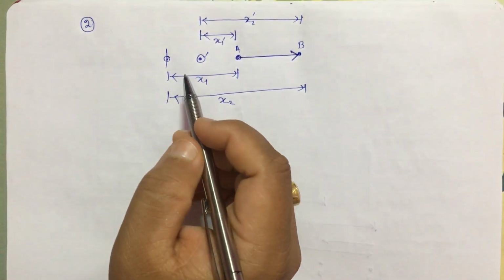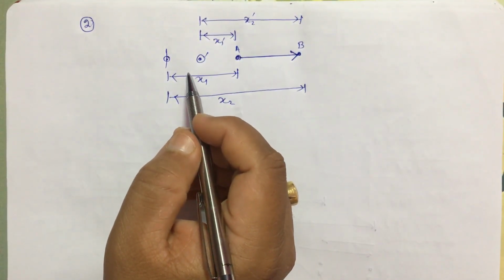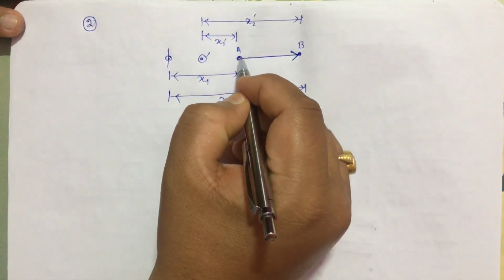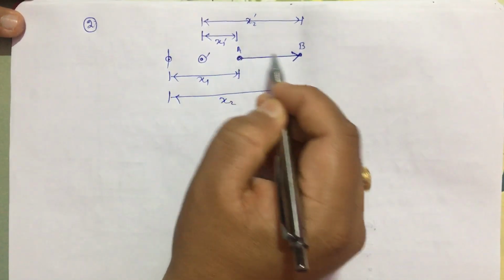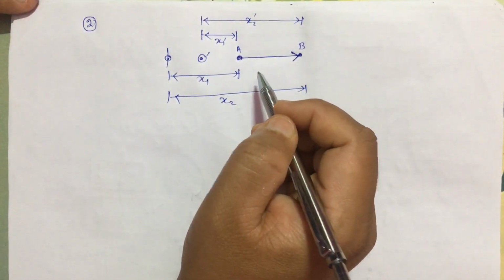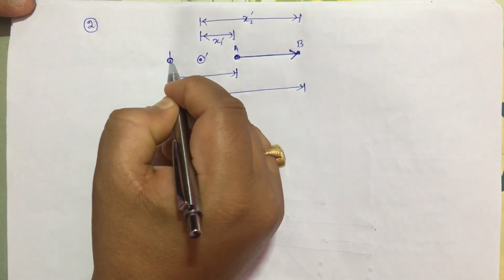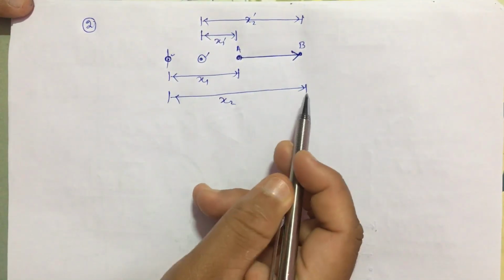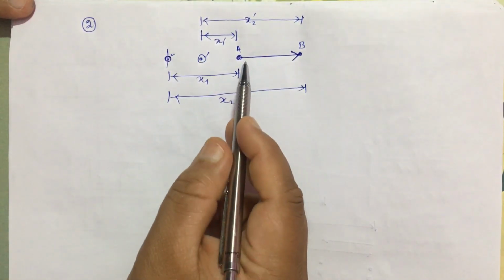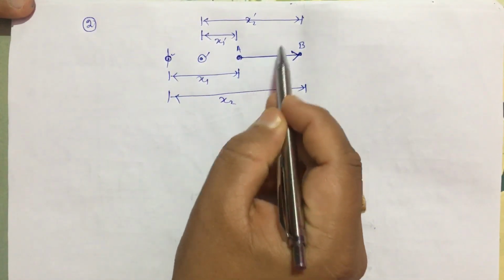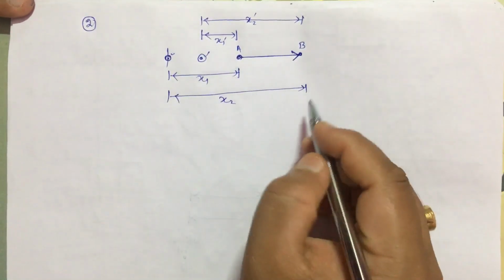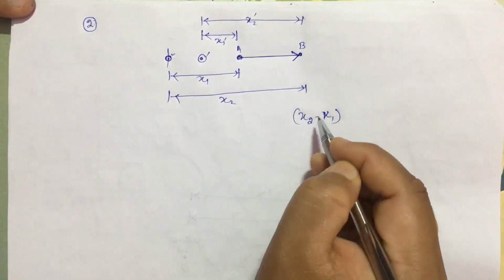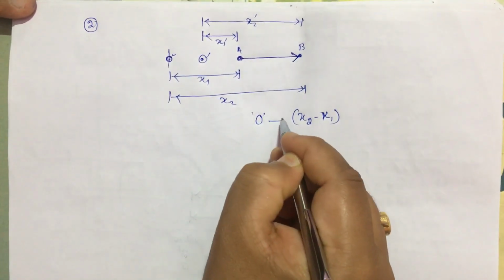So this is the second point, that displacement does not depend upon the origin. Okay, let us take an example. There are 2 points A and B, and an object has started from A and reached B. Now let us take the initial case. In the first case, O is our origin here. This distance is taken as x1 and this distance is taken as x2. So what is the displacement? We have to find this distance, from A to B. So it will be equal to x2 minus x1. So the displacement will be equal to x2 minus x1 when the origin O is taken.